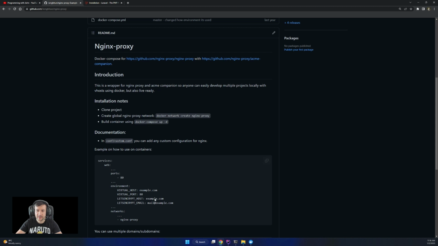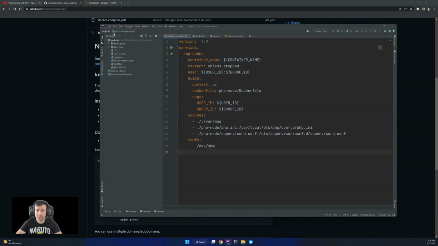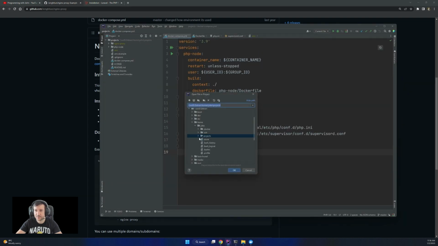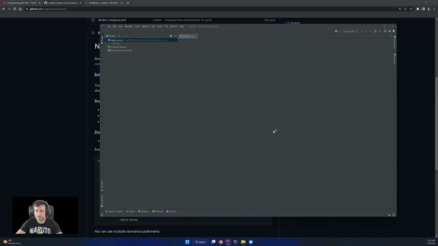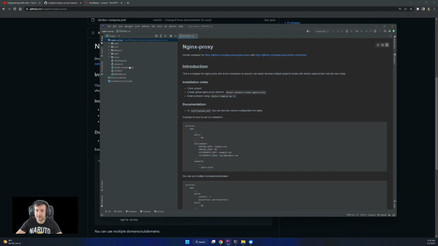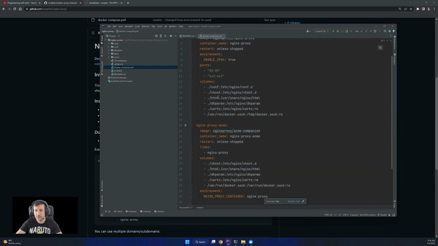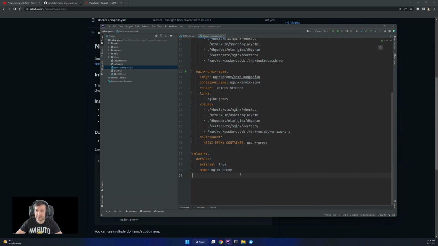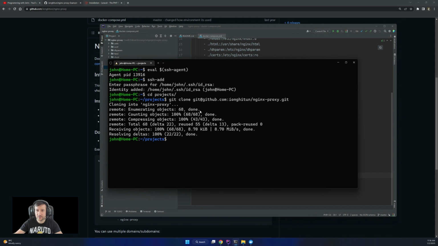What you have to do is create the network, the Nginx proxy network, because if we look here, let me actually open that in PhpStorm. If we look at the Nginx proxy, you will see that in the Docker Compose, the Nginx proxy network is declared as external. So in order to create that network, we need to run docker network create and then the name of the network.